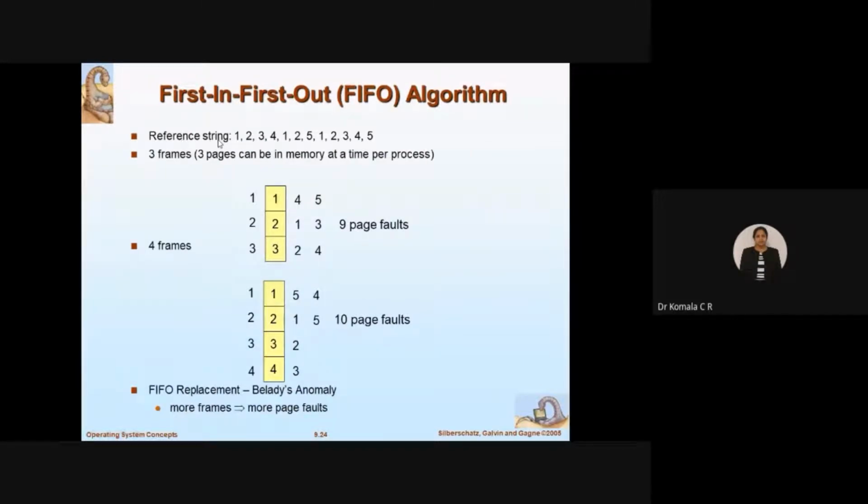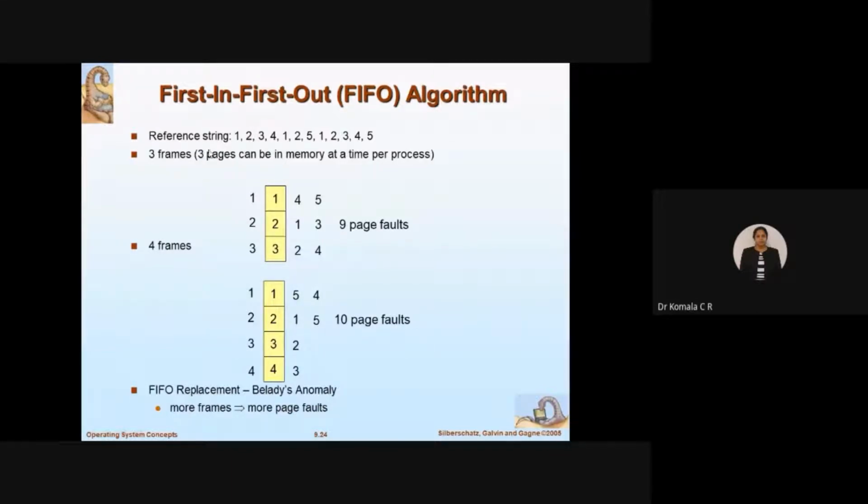Say for example, if the reference string is this, then let us consider an example of three frames. Let us assume that there are three frames available in the physical memory. See here, 1, 2, 3 I have taken in example 1. In example 2 I have taken 4 free frames, 1, 2, 3, 4. If I go for three frames, we are going to fill this 1, 2, 3, and so on. I will explain that in the example in the next slide. Based on this number of frames, in the first example we are getting 9 page faults. In the second case we are getting 10 page faults.